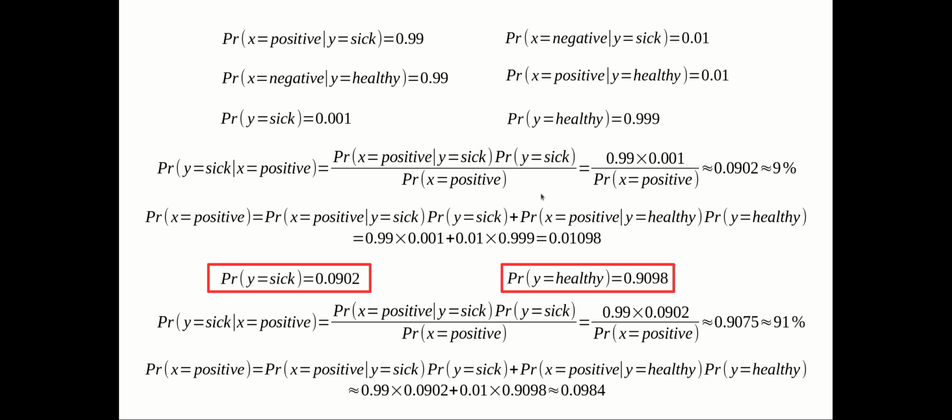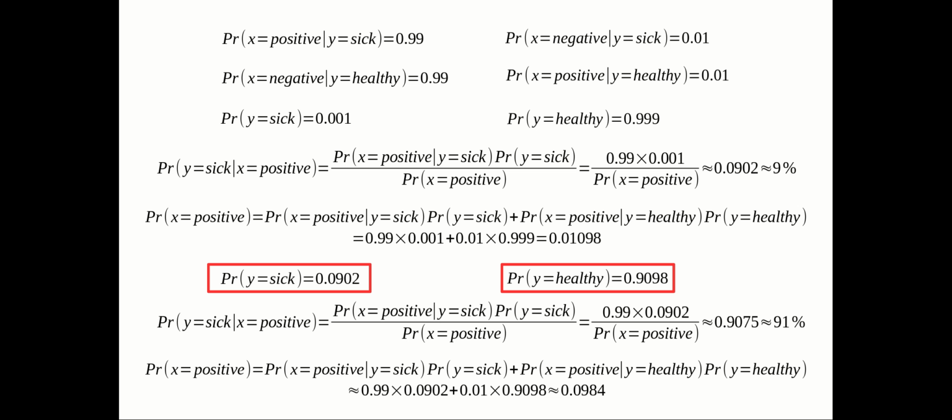Suppose the test result is positive for that person, so we have one positive test result. But if we apply the same test to the remaining 999 healthy people,